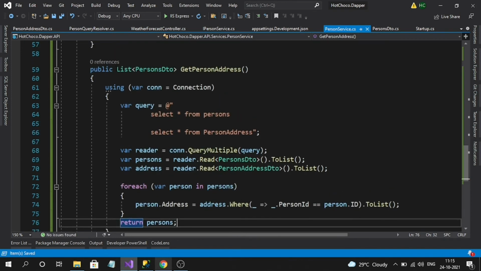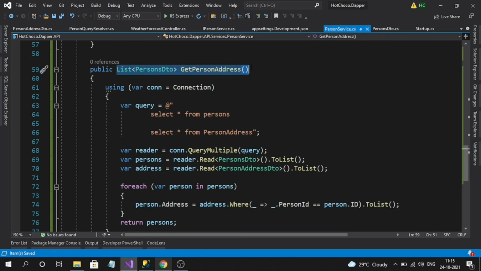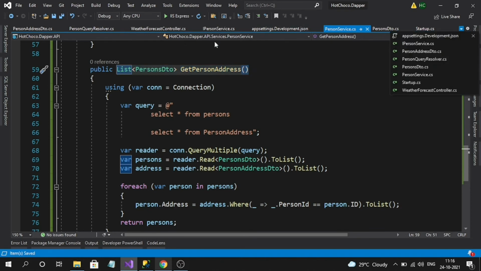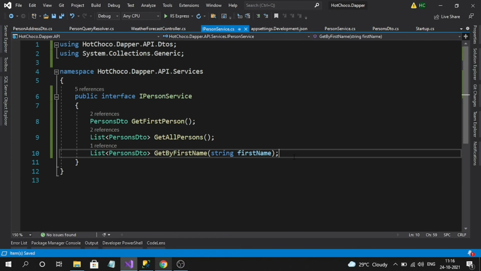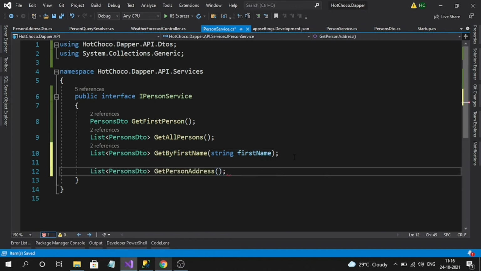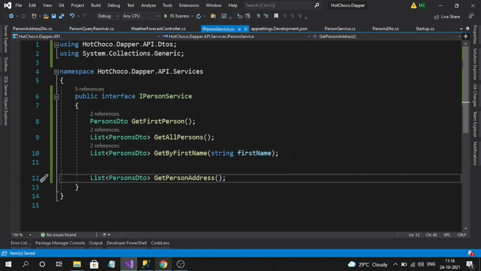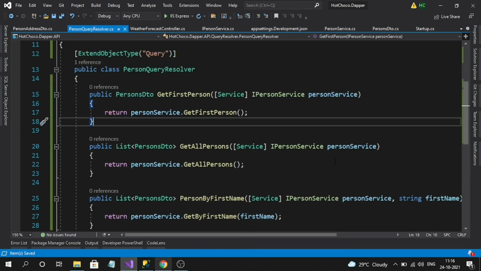Okay, so let's go over here and define it inside of our service, person service. Okay, let's define our resolver method.